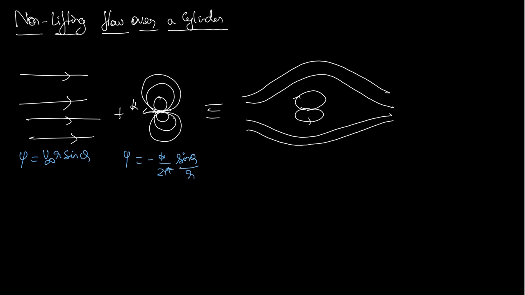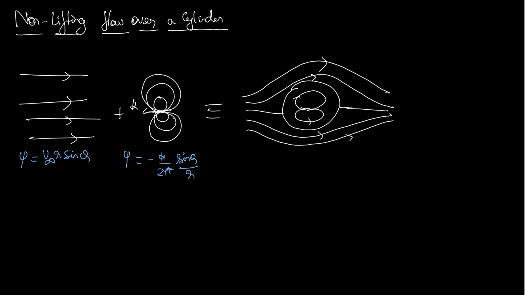And if we try to observe this carefully, it more or less resembles as if we keep a rigid cylinder. Okay, this is not a cylinder exactly, a rigid cylinder inside. So this is how the doublet flow with the uniform flow behaves actually. It almost resembles the flow over a cylinder, like non-lifting flow, because we can see the flow is symmetrical. This is similar to what we saw in the introduction.